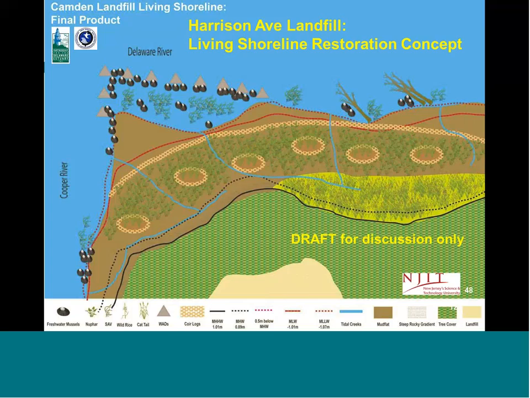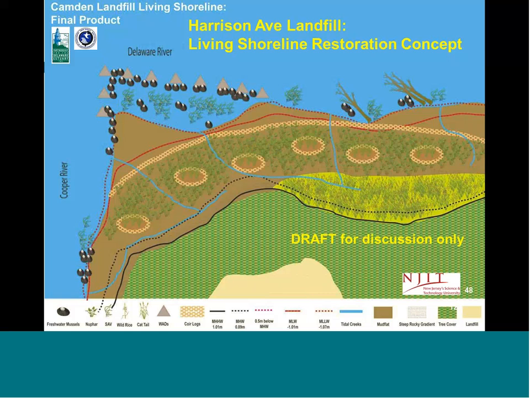This is our working concept, again, working with the Partnership for the Delaware Estuary and our local partners like Cooper's Ferry Partnership, like Kramer Hill Community Development Corporation. This is our working concept for one portion of the Living Shoreline in the critical area where the Cooper River exits the Delaware River. And we're thinking about not only stabilizing the shoreline, but also working out throughout the intertidal zone down to the low tide area,